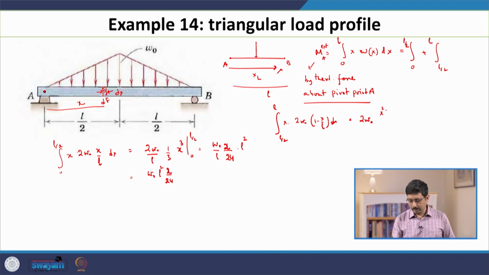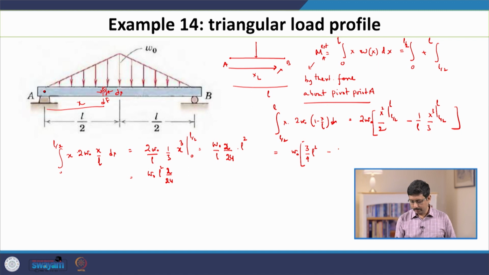So, this is x square by 2, from L by 2 to L, which is the limit of the integration. The second term has 1 by L sitting outside, and then you have x square dx, which gives us x cube by 3, from L by 2 to L. So this 2 will cancel, and then you have L square minus L square by 4, which is 3 by 4 L square,